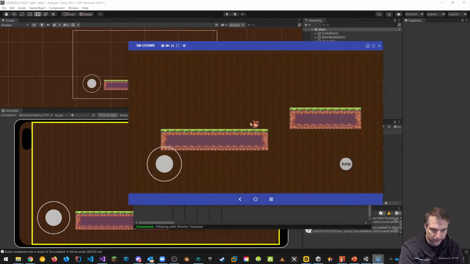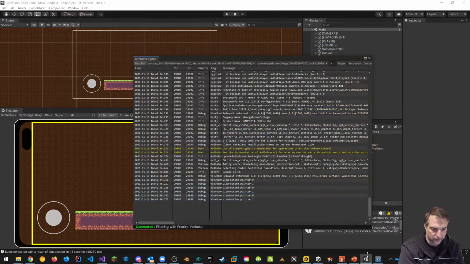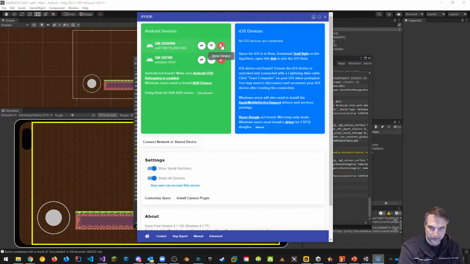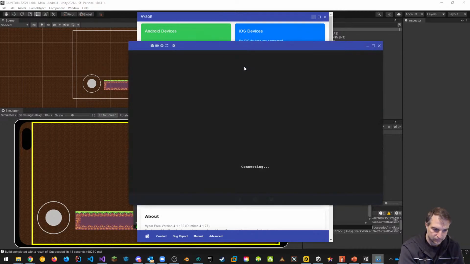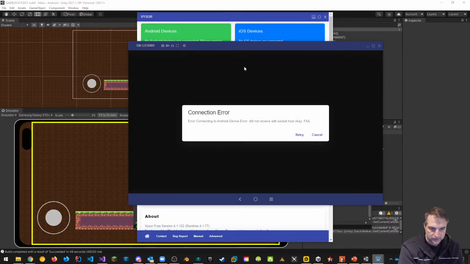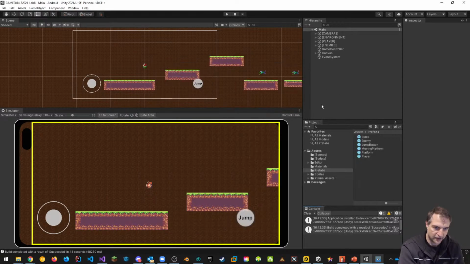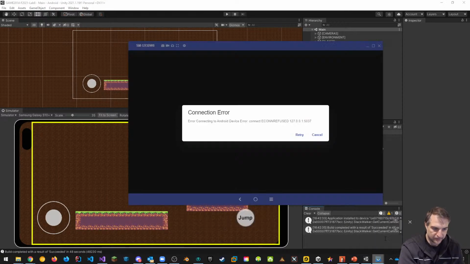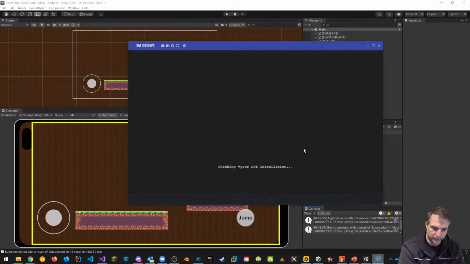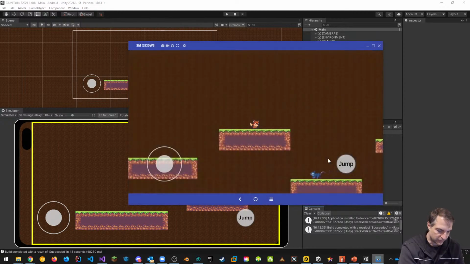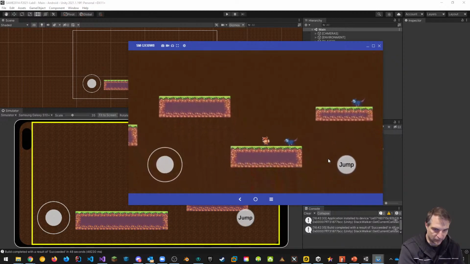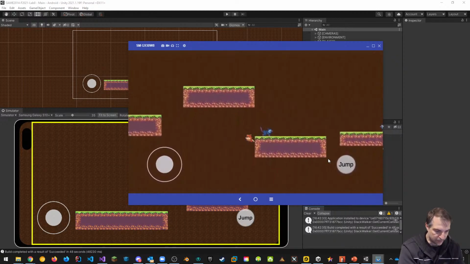So how does this look? It looks like this. So again, let's reconnect because this looks like it's frozen. Let's go back to this and do it again. Sometimes it happens. Oh yeah, we found this problem before. The reason it's not connecting is because of logcat. Logcat will block it because you can't do both. There we go. So again, you can see that going back and forth, but the jump button is way better